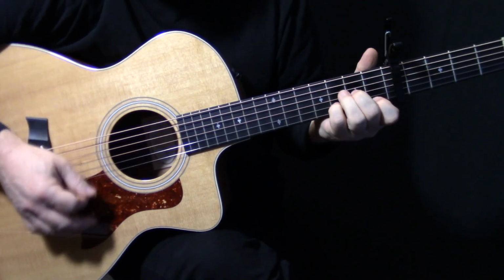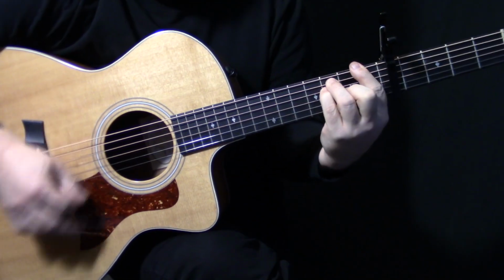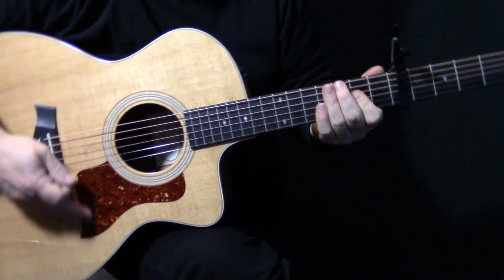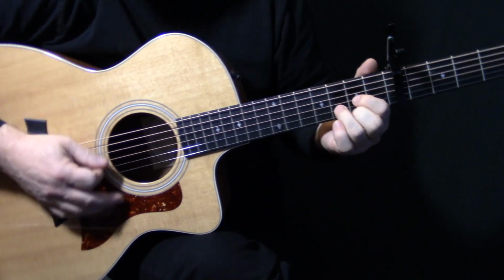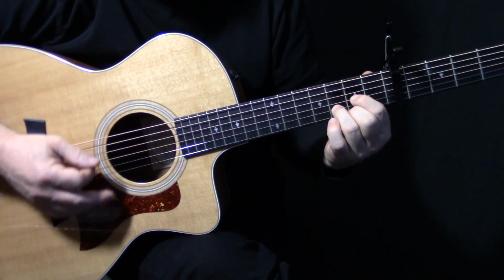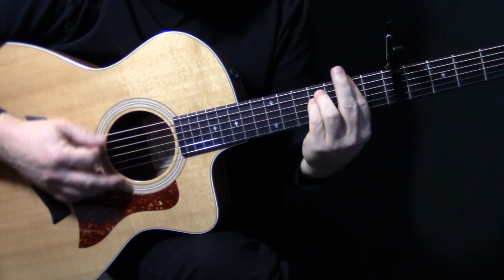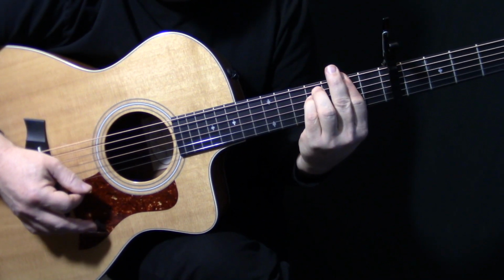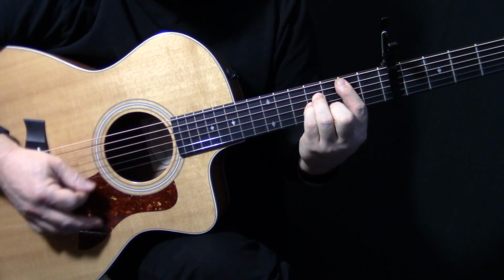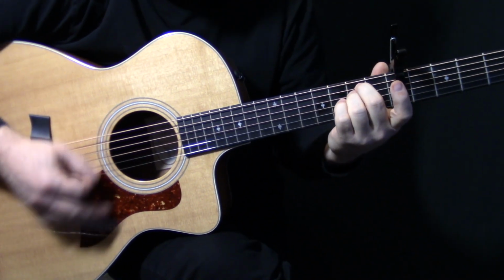Now we go D minor, C, and F. Okay, now we get into, I guess would be the chorus. So the chorus is same strumming. It's D and then F sharp minor. Okay, and then C minor, or sorry, B minor, and then F sharp minor again, E minor,